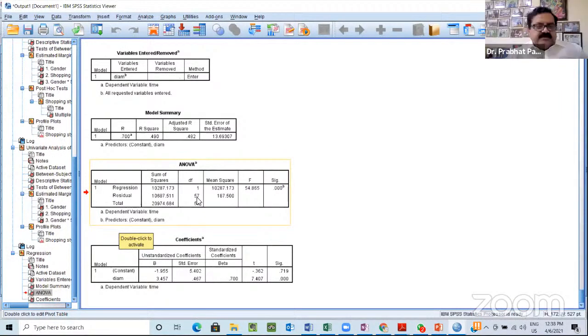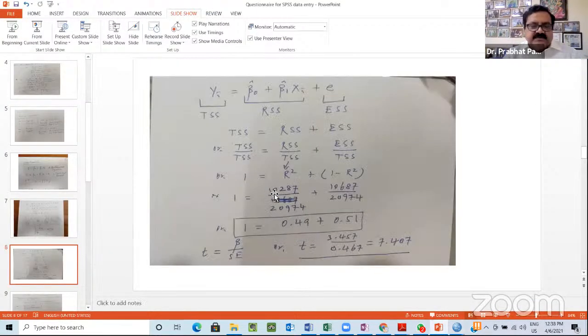Degree of freedom, we all know how to calculate. I'll get back to degree of freedom in a while. So just remember these figures, and let's go back to my PPT. Here I have put the regression sum of squares value, roughly 1,287, and the error sum of squares, the residual sum of squares value, 1,687. I have taken it from that table, right? Divided by the total sum of squares, which was